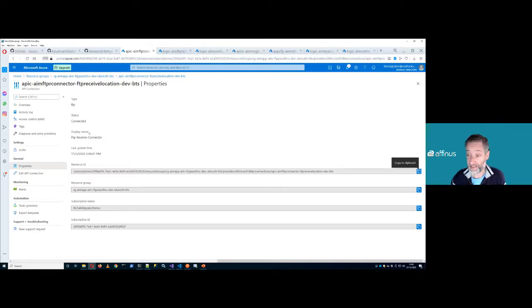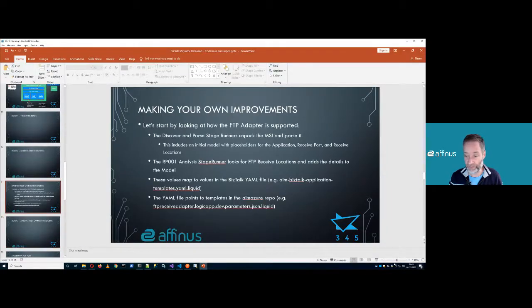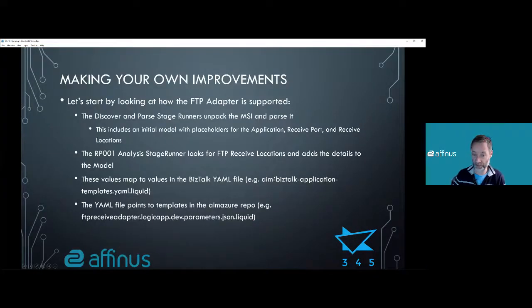But there we go. That's end-to-end how it works. And you can begin to see how you might modify your code to work with your own situation. So if you want to write a new adapter, it's adding a new rule, and the rule will then add in the properties and everything to the